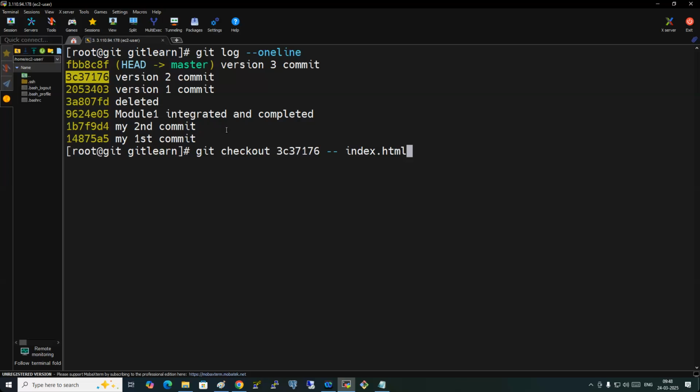Understand the question. I'm checking out. So git checkout, I'm going to the previous version. So how many lines will it show in my index.html? Only 2. Guys, you're going to the previous version, no? Version 2 commits meaning